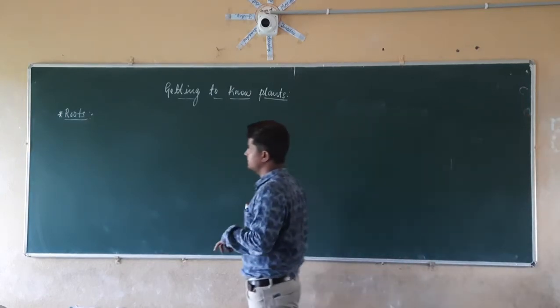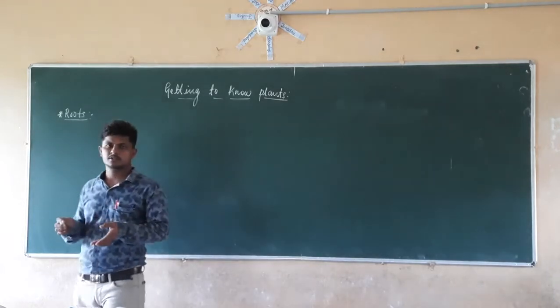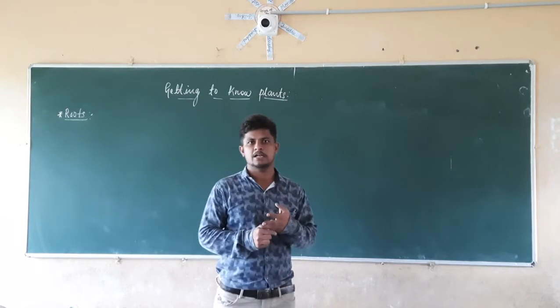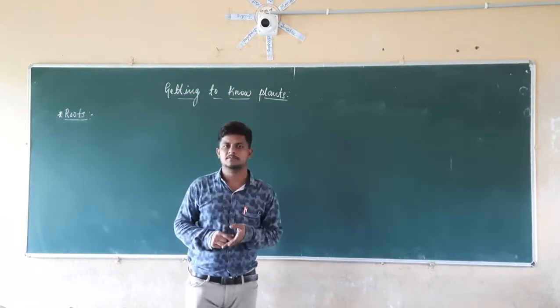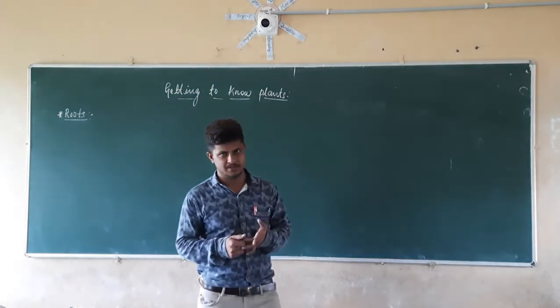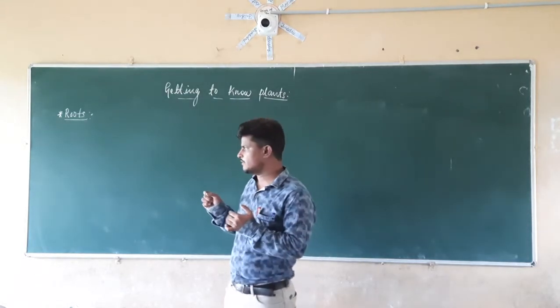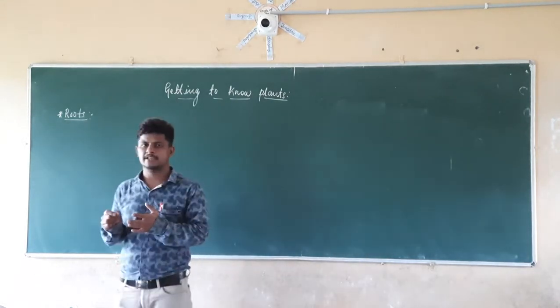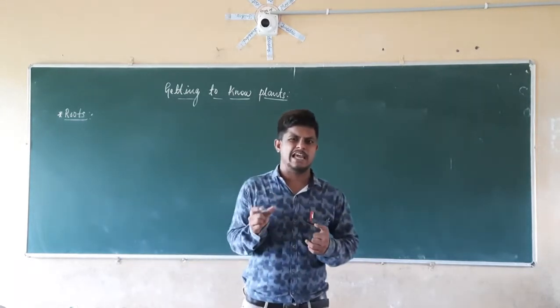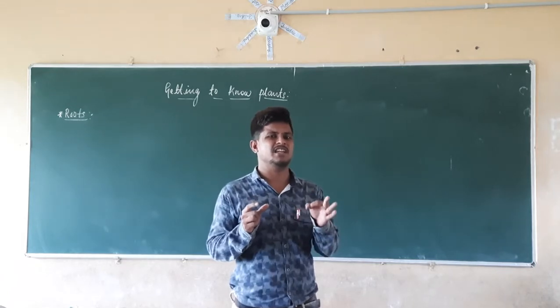Now from this point we discuss the function of the roots. That is nothing but they are going to anchor the plant in the soil. And the second major function is they are going to transport the water and minerals from the soil to the stem as well as leaves. So when you take the example of the gram as well as the maize, when you check the type of the roots, we are going to see the different types of the roots.